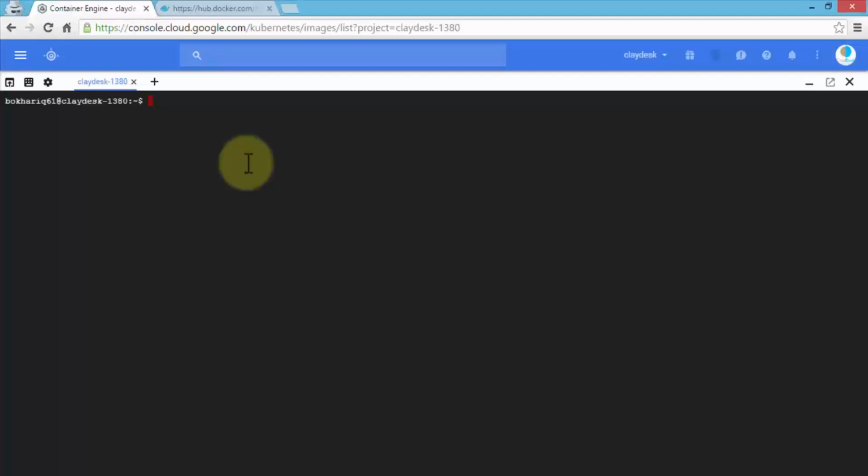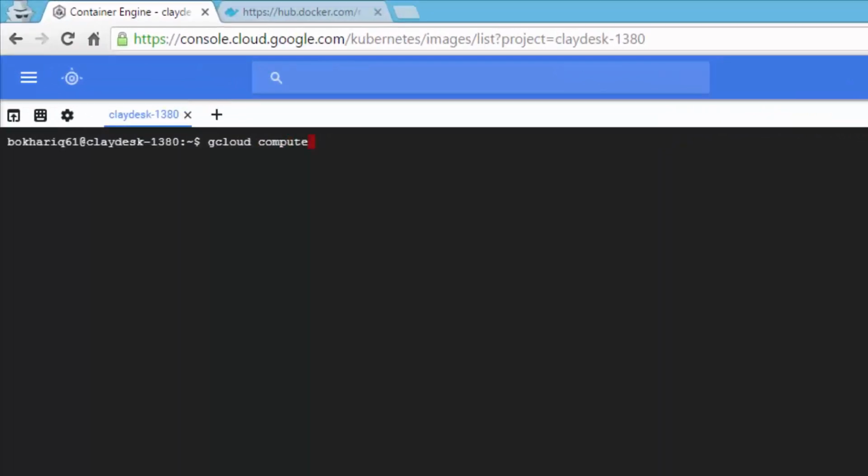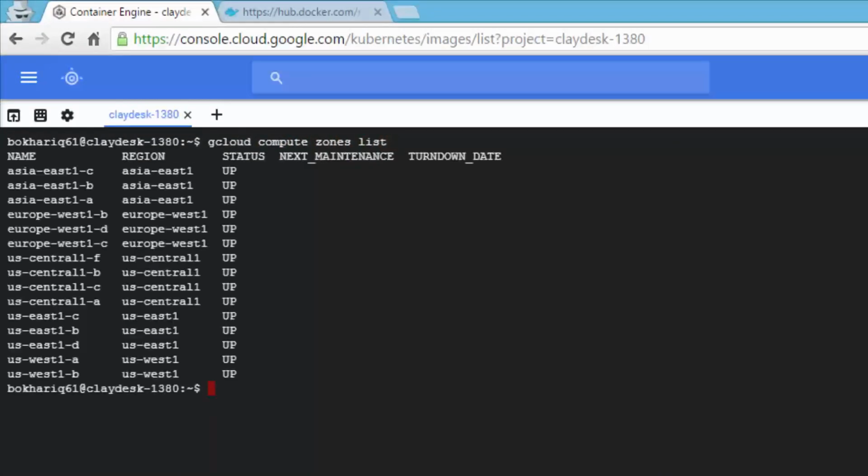In order for me to create a cluster, let's first go ahead and verify and take a look at our zones. So I'm going to say gcloud compute zones list, and it's going to go ahead and show me the existing zones. So let me go ahead next and set a zone. I'm going to do our gcloud command and config set compute